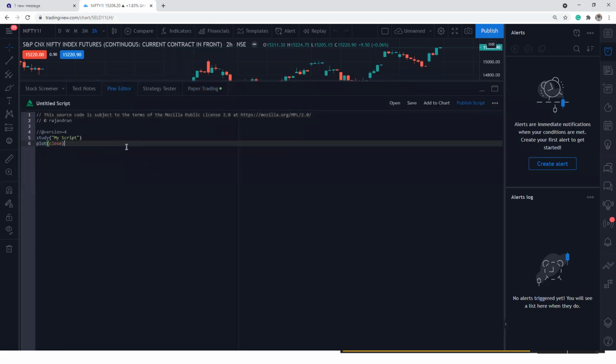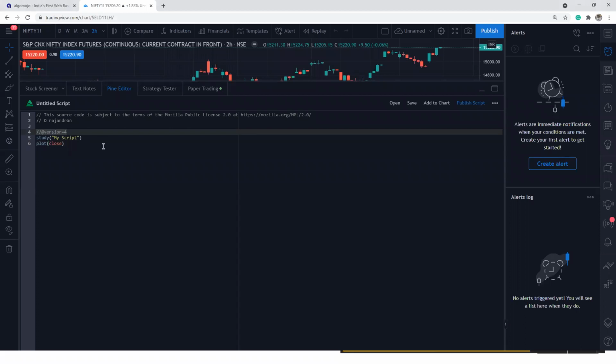Let me show you, first of all, how to write a simple trading system and how to backtest it. That is what I'm going to explain in this particular series. First thing first, what you can understand from here is the version equal to 4, which is the compiler version.